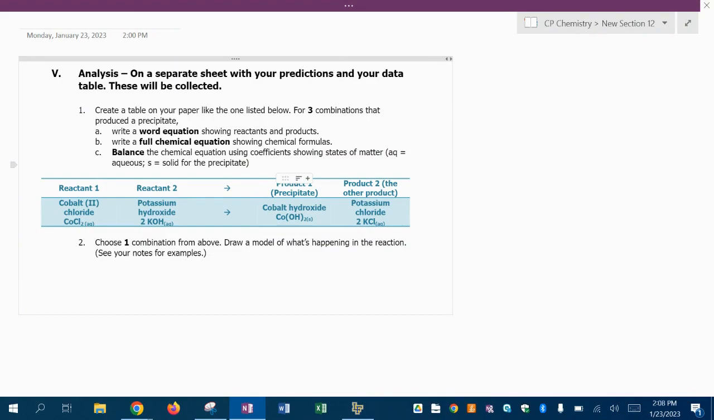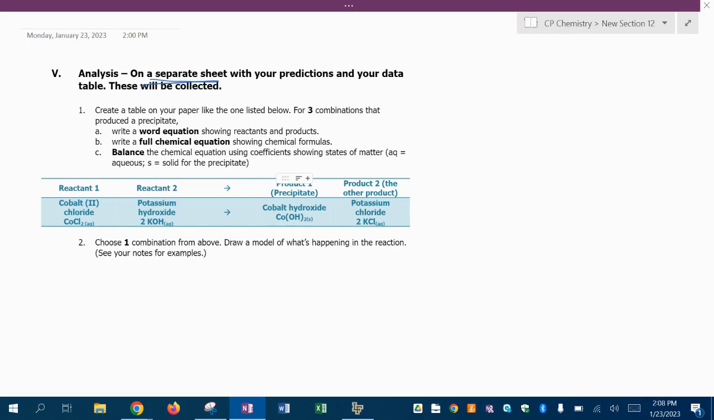Okay, so in this video, we're going to do the post lab for the Predicting Precipitates Part 2 lab. I've just cut out a screenshot of the analysis section. In other words, this is your post lab. It says on a separate sheet of paper, so make sure you have this on a different piece of paper. You are going to use your data table that you've already filled in, and you're going to answer these